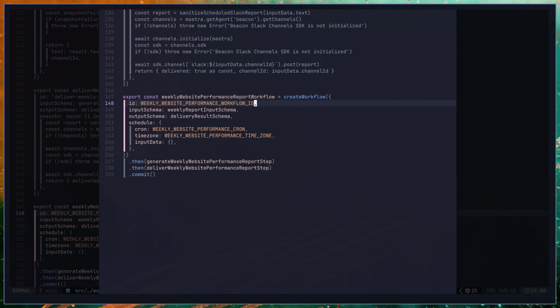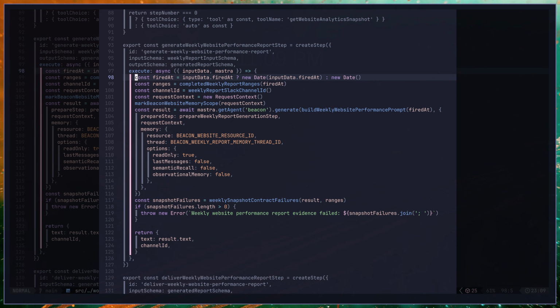Let's take a look at the first piece, which is the calling of the report. We can see here that we have a piece where we are getting the date for us. When this gets called, we're going to get the current date and determine the range. We're not going to let the model figure out what date it is. We're going to provide it to make sure that it's stable and correct, because sometimes the model can hallucinate what the current date is, and you run into issues like that. Instead, we're going to use deterministic code as part of the step to identify what the current date is and then what the range is.